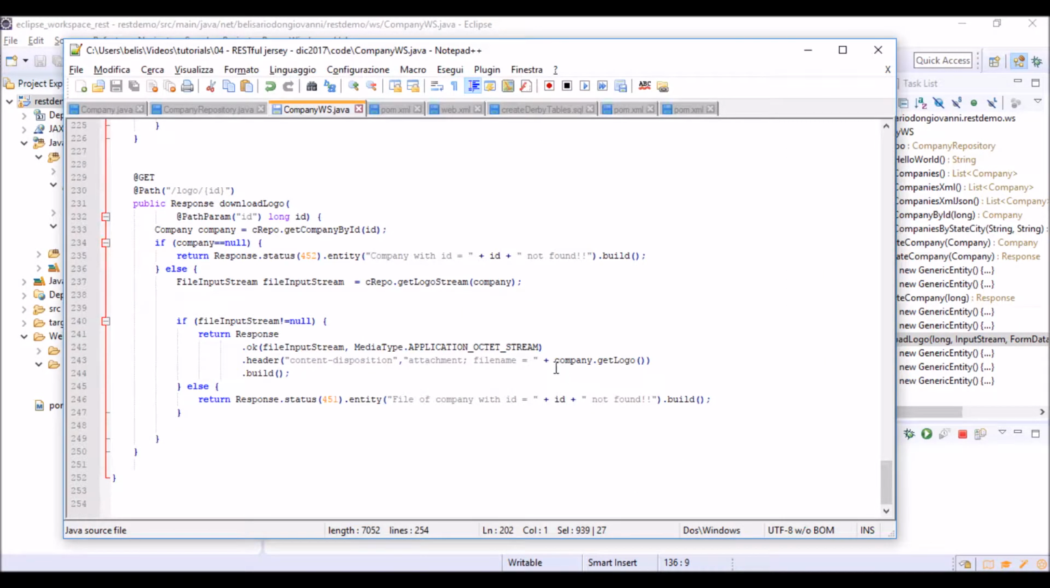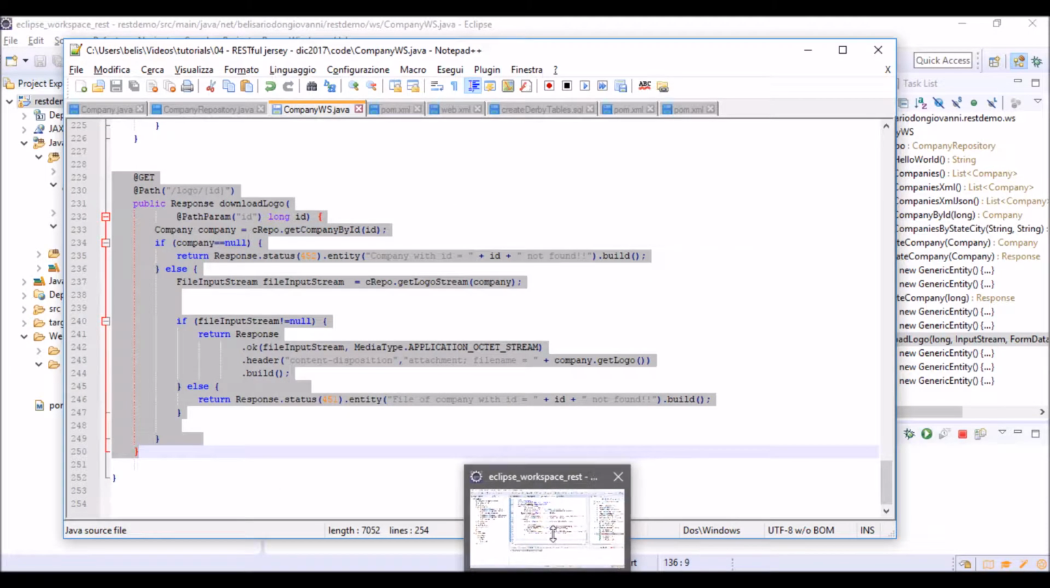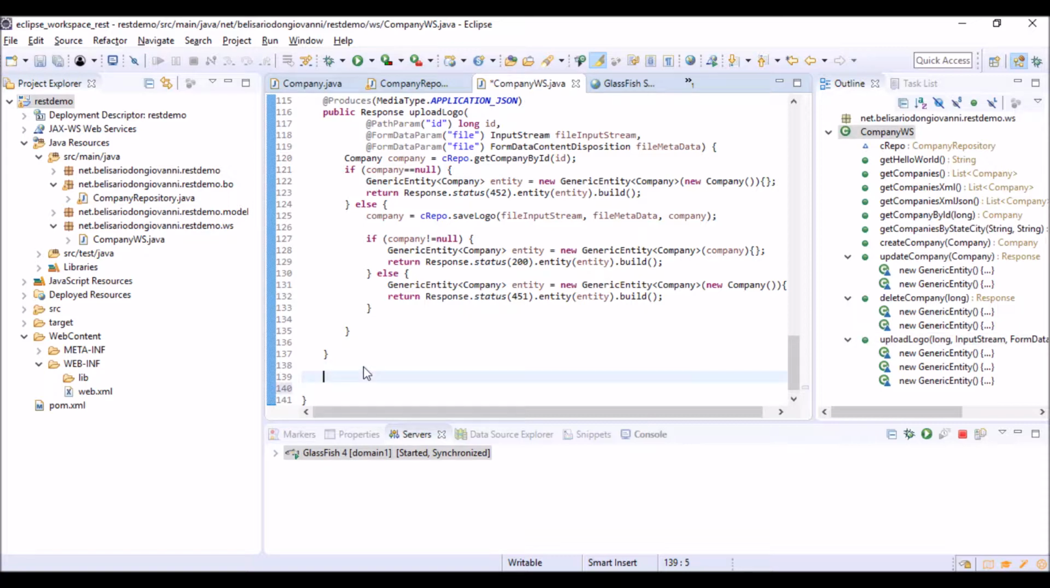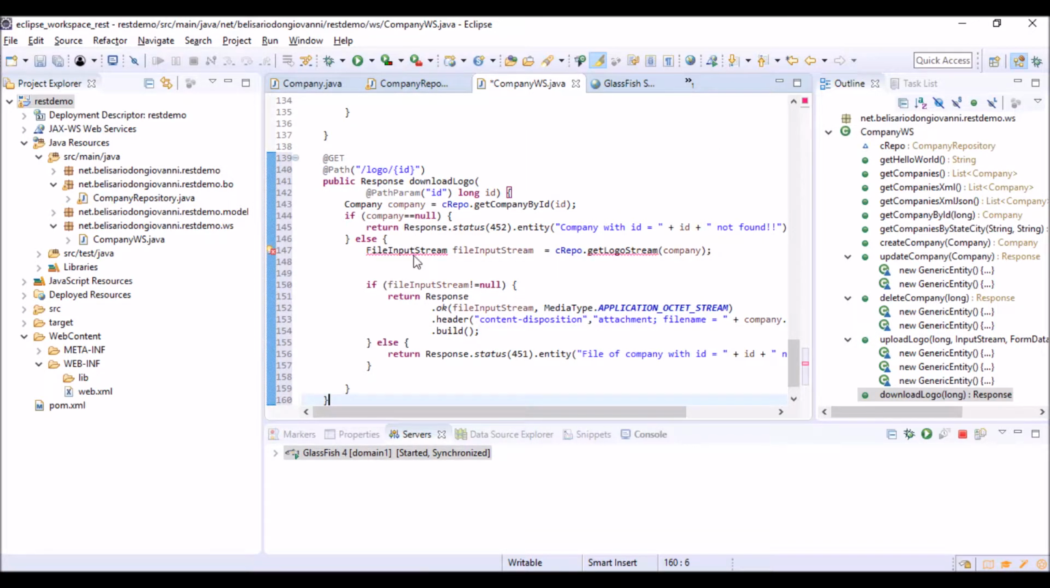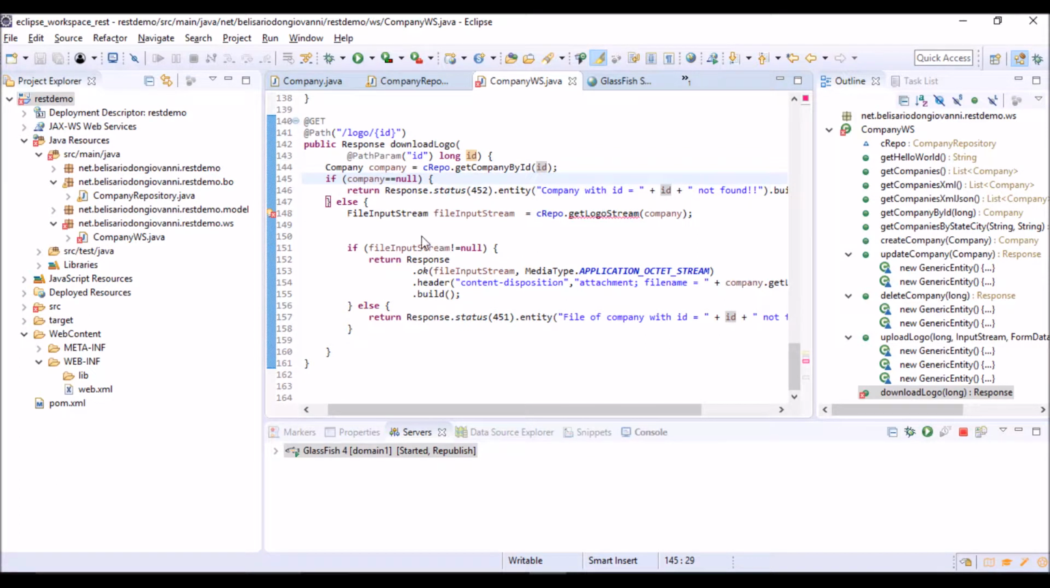We can copy and paste the code of this method. This method will download a file whose file name is stored into the logo property of the object whose ID is sent as a PathParam here. First of all, this method will check if into the database exists an object with the requested ID. If so, if exists an object with this ID,